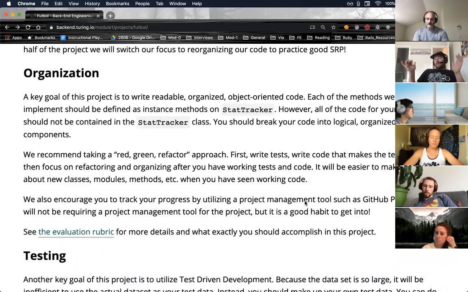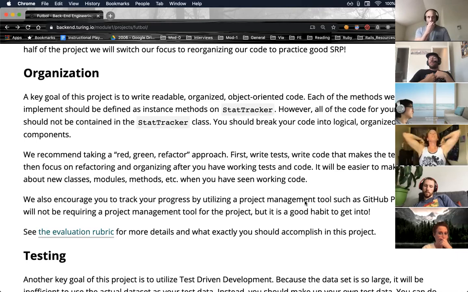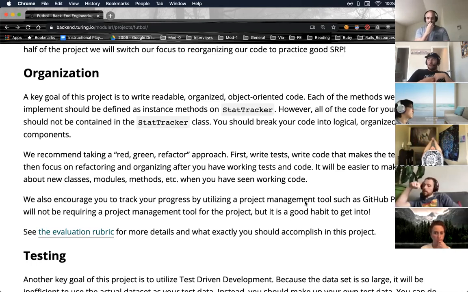We don't require this project management tool, but like all things, it's coming. So I think that you can look at it two ways. You can say this is a layer of overhead we don't want because we don't want to learn something new right now. Or you can say there's no way that we're really going to stay organized as a group without some kind of tool to keep us in line. I would think that the latter is better, but we let that decision be made by you as a group this time around.